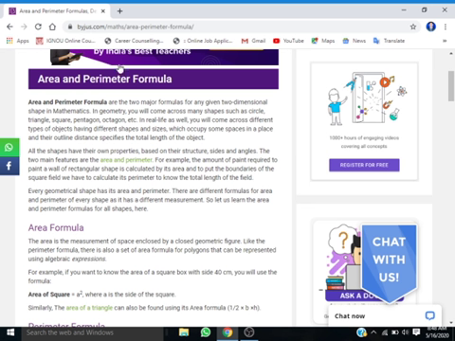So when we discuss the perimeter, perimeter means the sum of outer sides of any geometrical figure. In the case of perimeter you have to add the values of the given geometrical figure data-wise. If it is in centimeter, then you have to add it in centimeter. If it is given in meter, then we have to add in meter, and the final unit should not change. The final unit should be centimeter or meter, whichever is given in the question, in the worksheet or assignment.